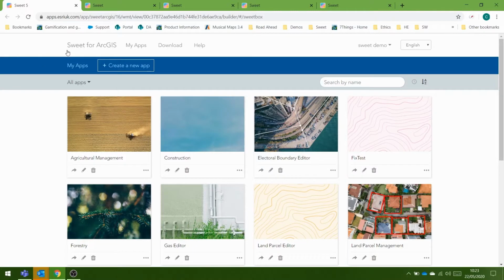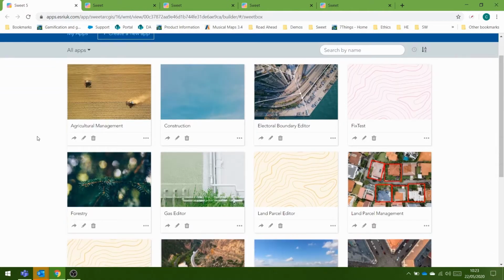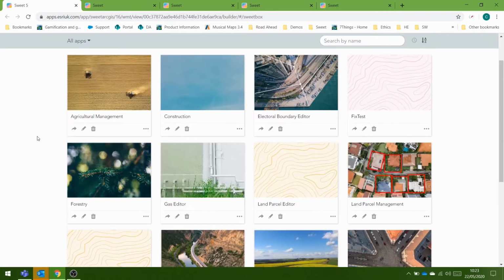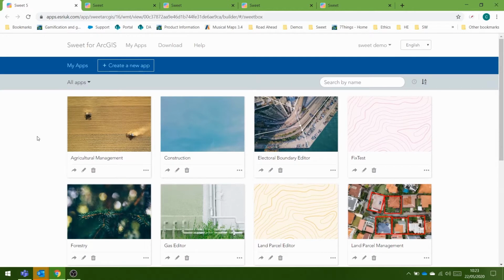It's a web editor. It stands for Simple Web Editing Experience Toolkit, but really we just wanted to call it Suite. And it's a tool that allows you to take a specific editing workflow and publish it to a specific group of users. So it's not trying to be an all singing, all dancing GIS like ArcGIS Pro. It's taking a targeted workflow and giving it to a group of users. And by doing that, we can simplify the experience those users have and really focus on the task that they're